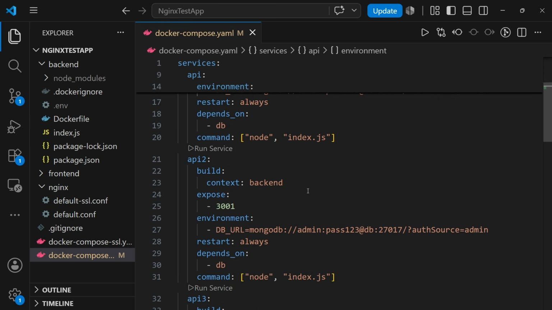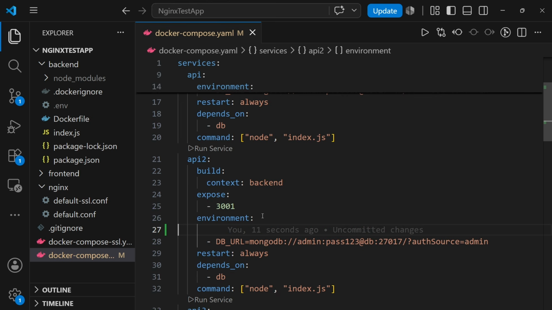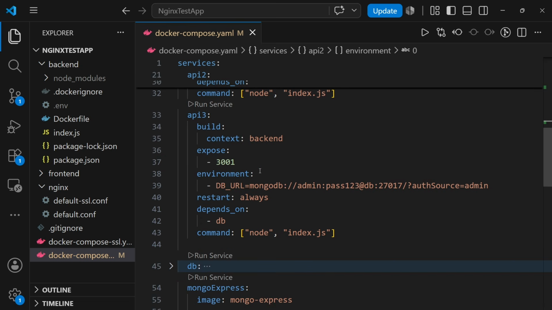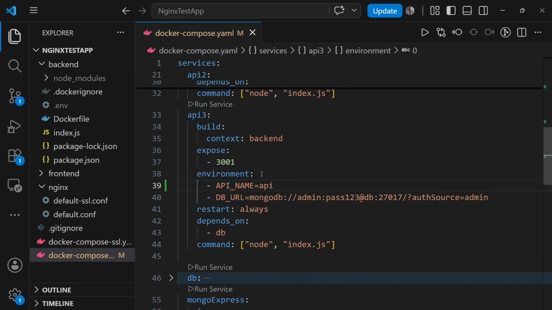And for the second API, I create the same API, same environment variable, and I set the name to API2. And for the third one, I do the same and set it to API3. These values will be available inside the Node.js application through